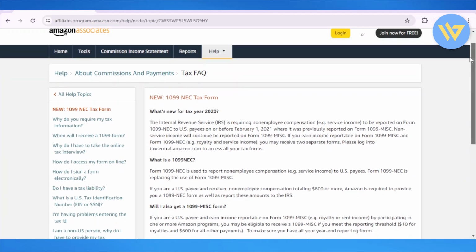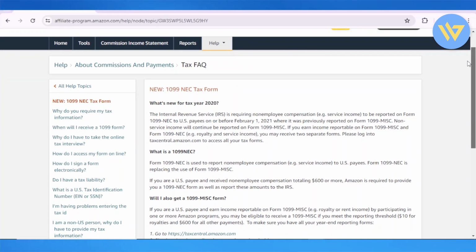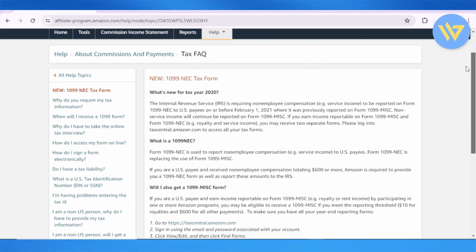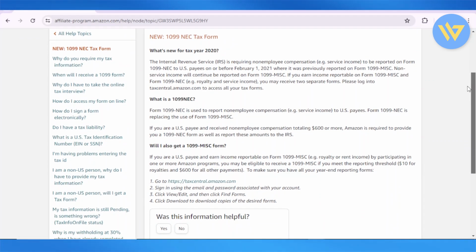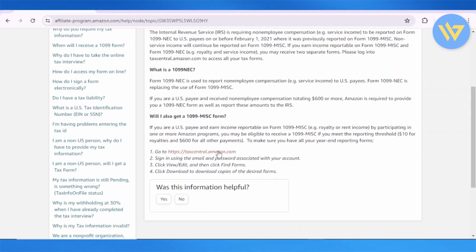Now you have to keep in mind that the form 1099-NEC is used to report non-employee compensation while you're filing your yearly taxes in the US. You have to make sure that by the end of the previous year, you've been compensated $600 or more, because if you're anywhere below $600, then you are not eligible to fill in your 1099-NEC form. But if you are, then what you'll have to do is head over to